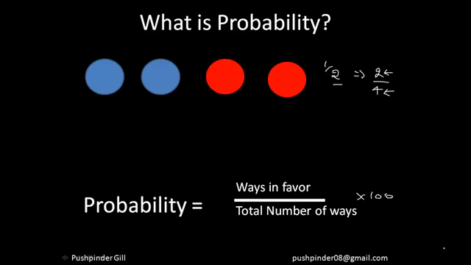You remember saying that, all right, there are only 20% chances of this happening. That means out of a total of 100 cases, 20 cases are such in which this thing is going to happen, right? So this is what probability is. I hope everyone understood the basic meaning of probability. Let's move ahead and see